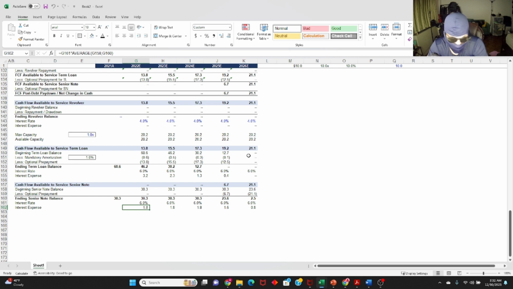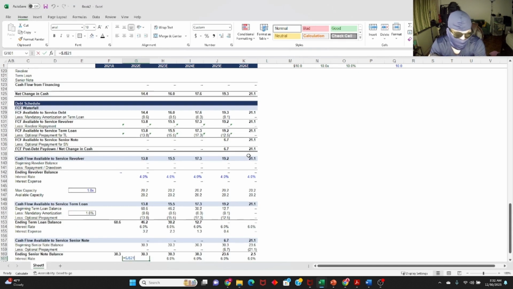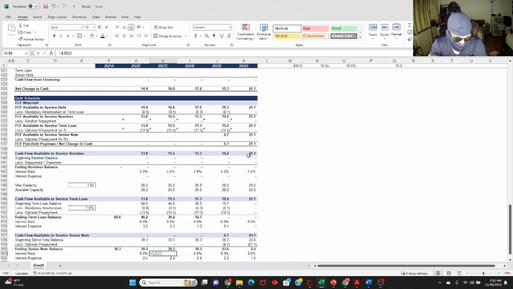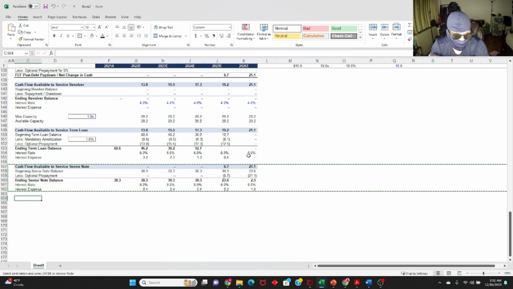And let's just make sure everything here is correct. Oh no, your interest rate is actually incorrect. It's going to be 22. So now it's good. Now after you do that, the next tranche of debt that you're going to have to create is going to be